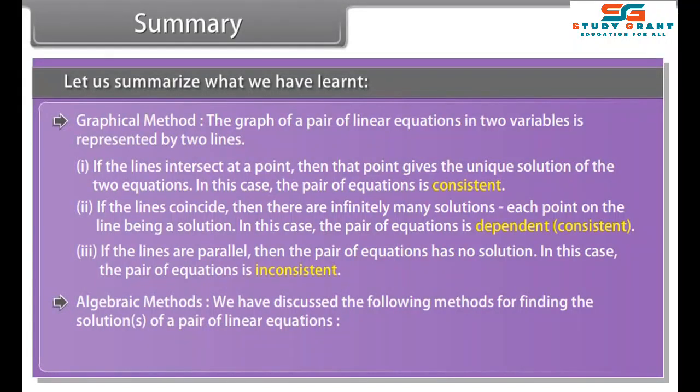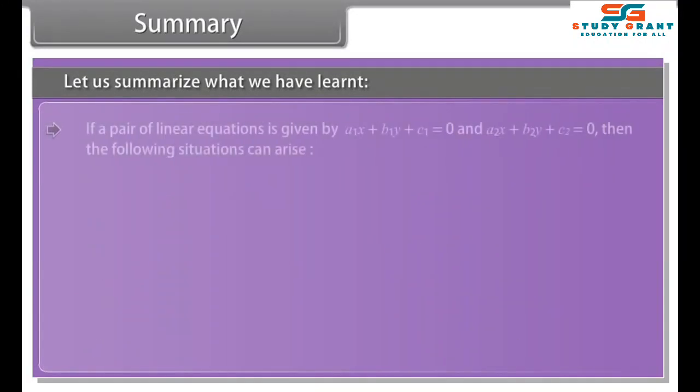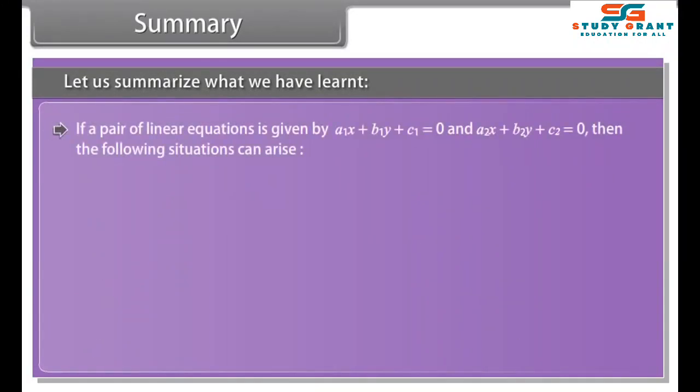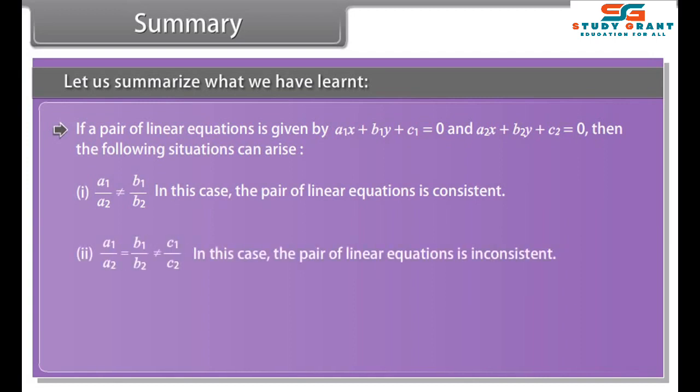A pair of linear equations in two variables can be represented and solved by the 1. Graphical method and 2. Algebraic method. Graphical method. The graph of a pair of linear equations in two variables is represented by two lines. 1. If the lines intersect at a point, then that point gives the unique solution of the two equations. In this case, the pair of equations is consistent. 2. If the lines coincide, then there are infinitely